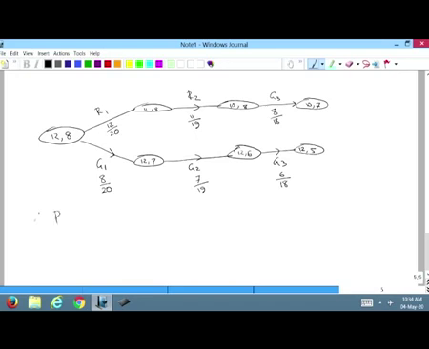Therefore, probability of G3 given R1, R2 or G1, G2, note that these are disjoint events, is equal to 12 upon 20 multiplied by 11 upon 19 multiplied by 8 upon 18 plus 8 upon 20 multiplied by 7 upon 19 multiplied by 6 upon 18